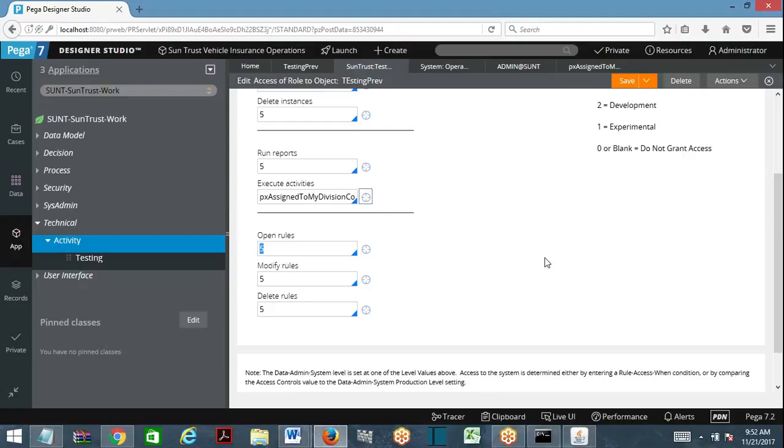Okay. So now this when condition, in place of this execution of activities, I have called access when. Save this, and now you are added to access group and all. So now operators log in to environment 1, environment 2, 3, 4, 5. Whichever the environment you log in, it doesn't matter. For execution of activities, it will execute the when rule. When rule satisfied, you are allowed. When rule not satisfied, you are not allowed.